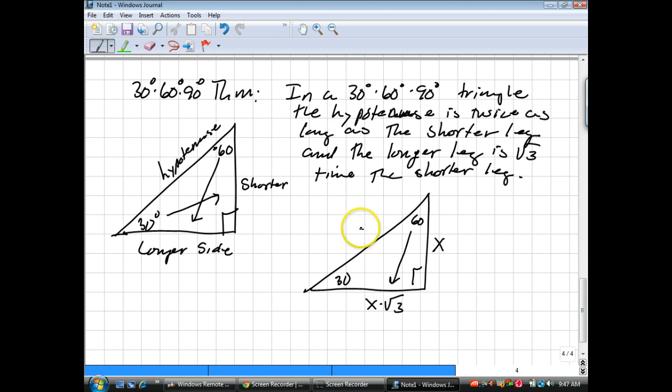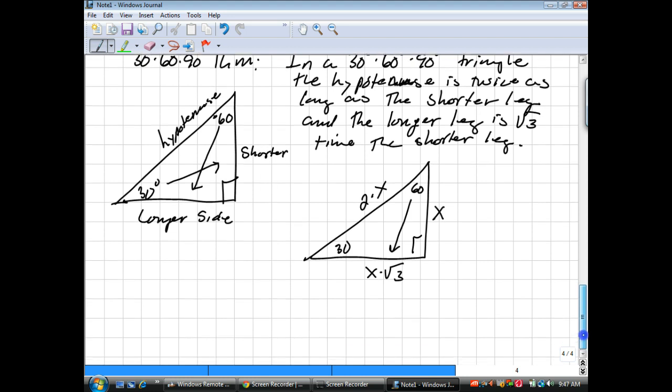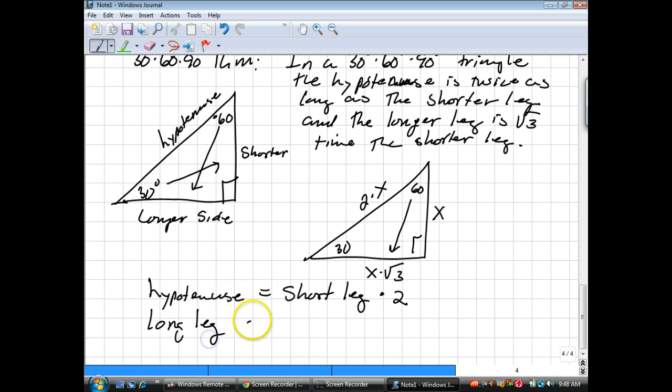And the hypotenuse has to be 2 times x. Okay? So the hypotenuse is equal to the short leg times 2. And the long leg is equal to the short leg